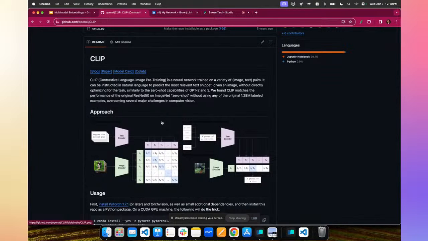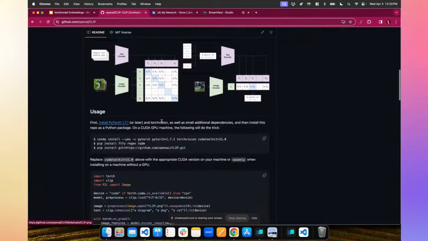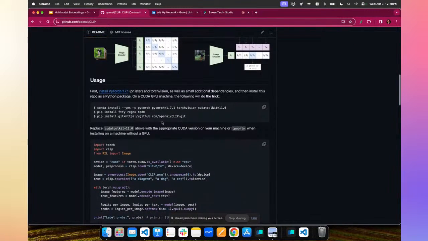There are other models that are trained in a similar fashion, many other models these days, and some of which are better in an absolute sense and better at specific things than CLIP, but we're going to keep it simple and just work with CLIP.